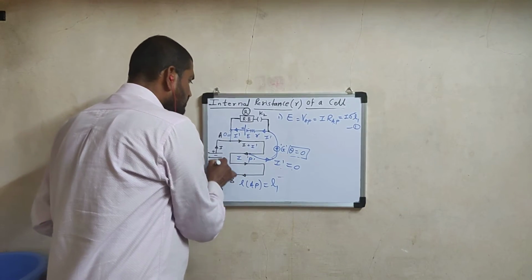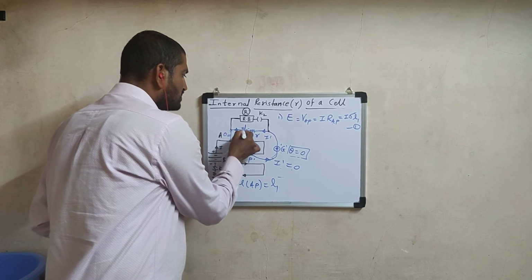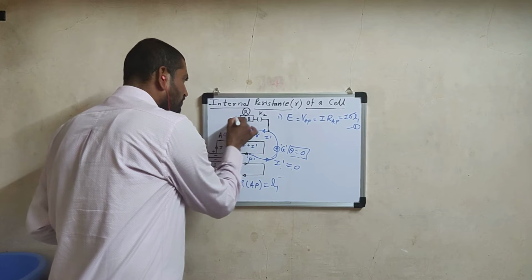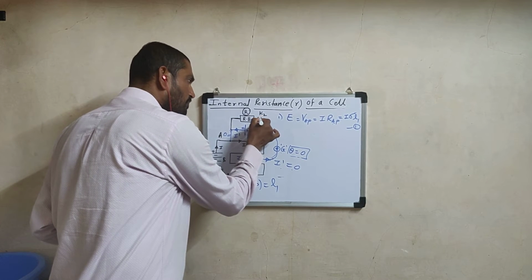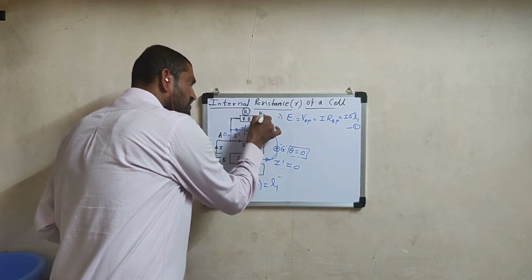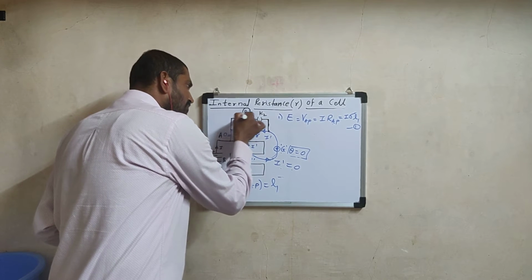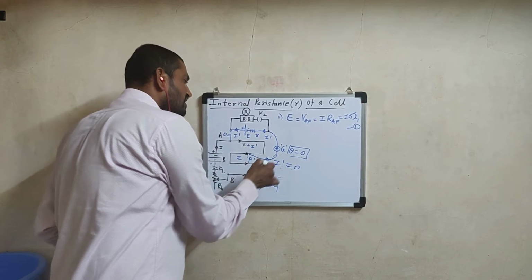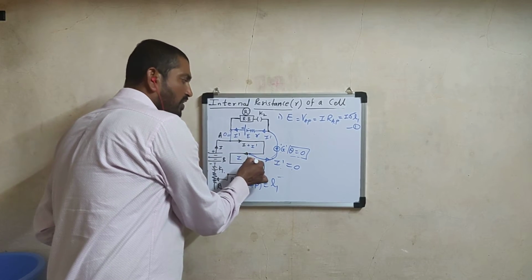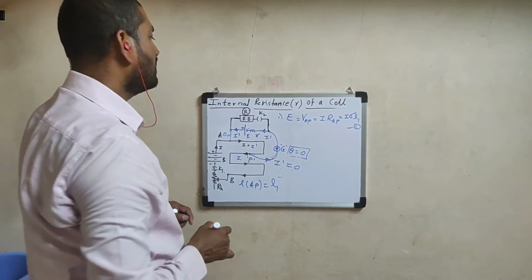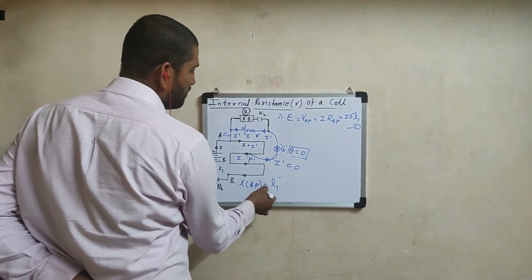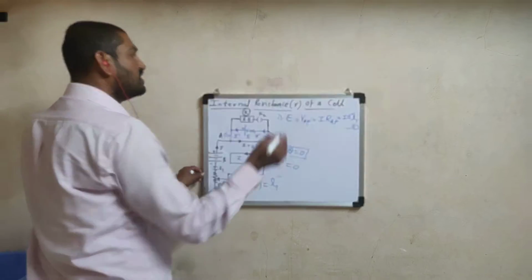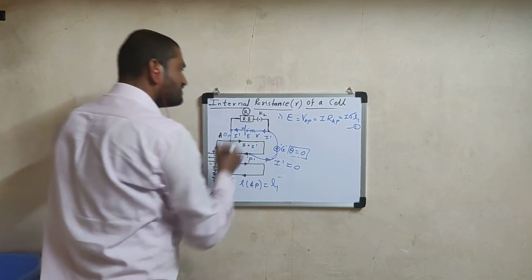When this key is closed, current I is drawn. When the jockey is touched, current I dash is drawn, which will flow on this side only. This current cannot flow from the other side because key K2 was open. So when this key was open, the upper circuit acts as an open circuit, and current can flow only from this closed side. By sliding the jockey, we got a point P for which the galvanometer shows zero deflection. Hence, we measure length AP equal to L1. We have written this formula. Now what to do? Close key K2 also.